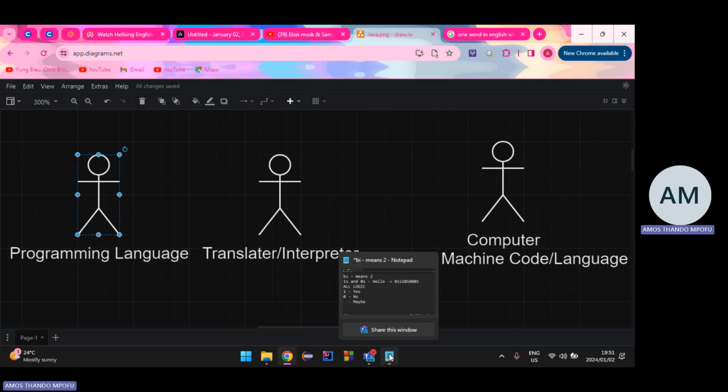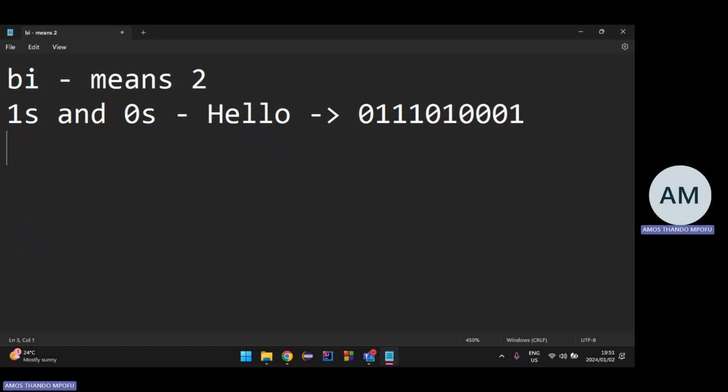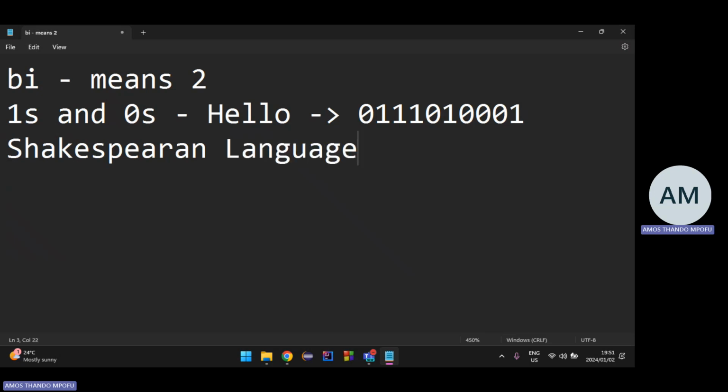The thing is that you can look at this. Remember that programming languages are similar to the language that we speak. Remember that there was Shakespearean language, right? I think I spelled it right. They used keywords like thou, thy, art, things like that.